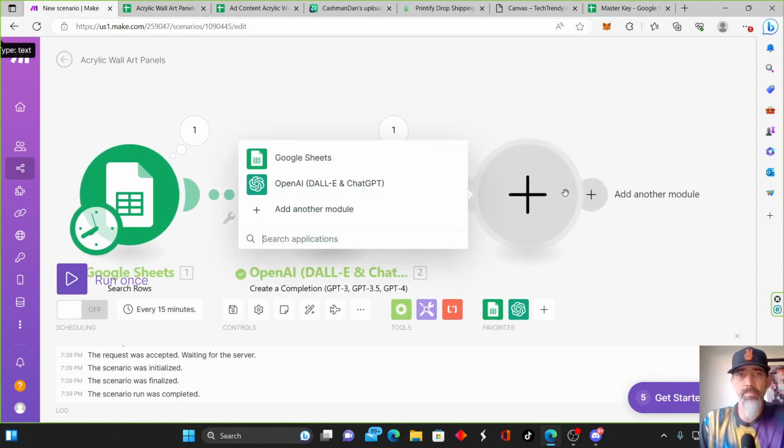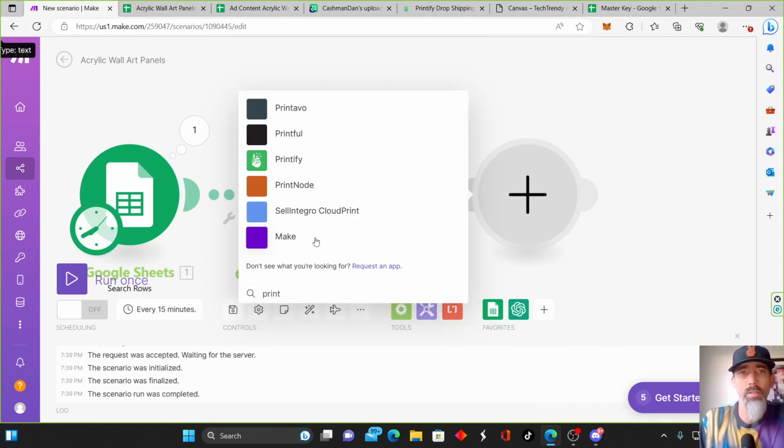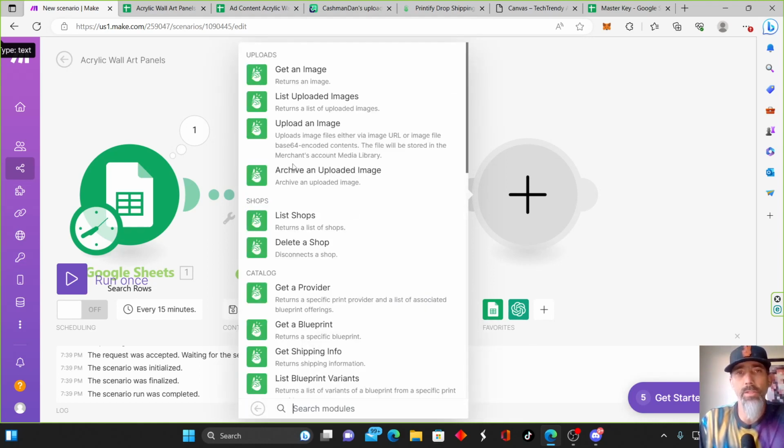So now you're going to have to link your Printify store to here, and it's fairly simple. As soon as you type in print, you can click on Printify, and then it'll walk you through the steps to link your store. But now we're going to upload an image,